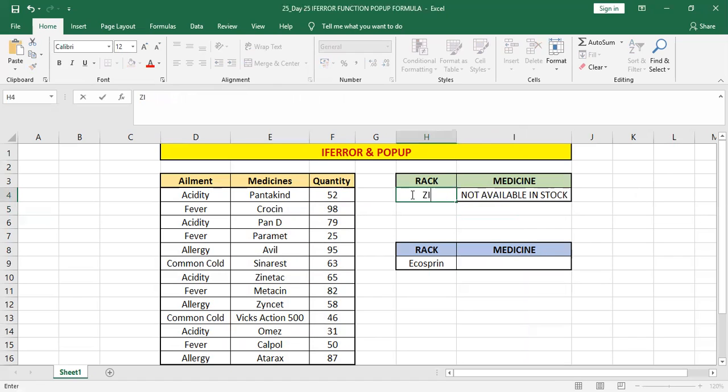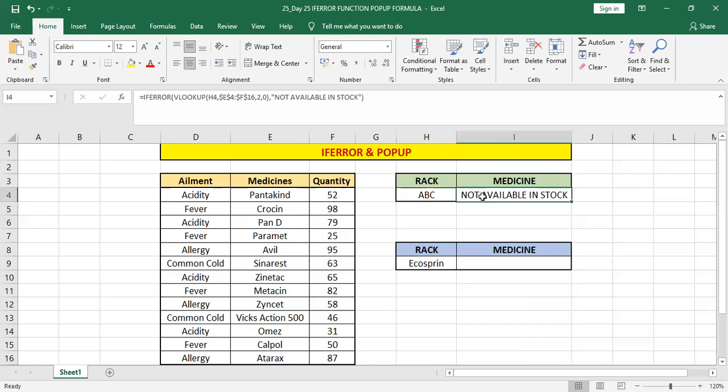Again, we'll press Zintac. Because it's in all capitals, Zintech, and it's still not. Oh, I'm typing it wrong. Zinset. I think I need more medical knowledge for that. See, for Zinset, we have 58 medicines. If I press it again for another medicine named maybe ABC, for ABC we don't have stock available.